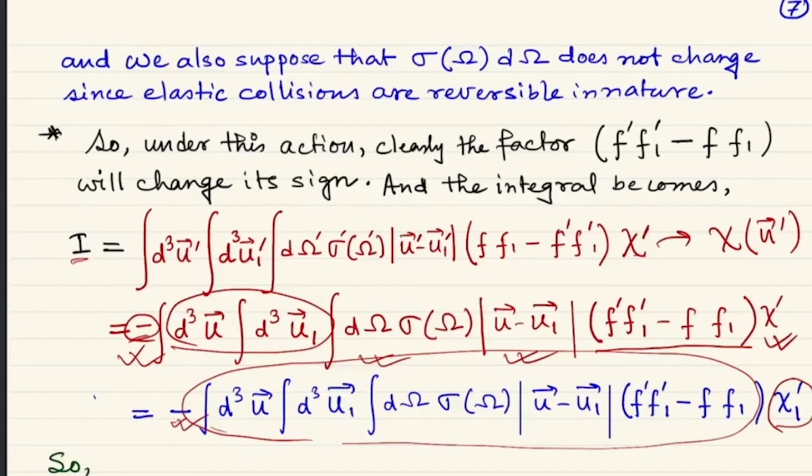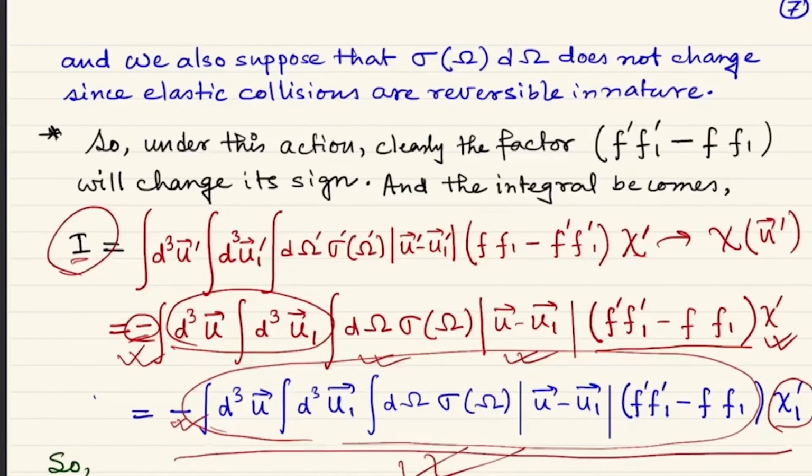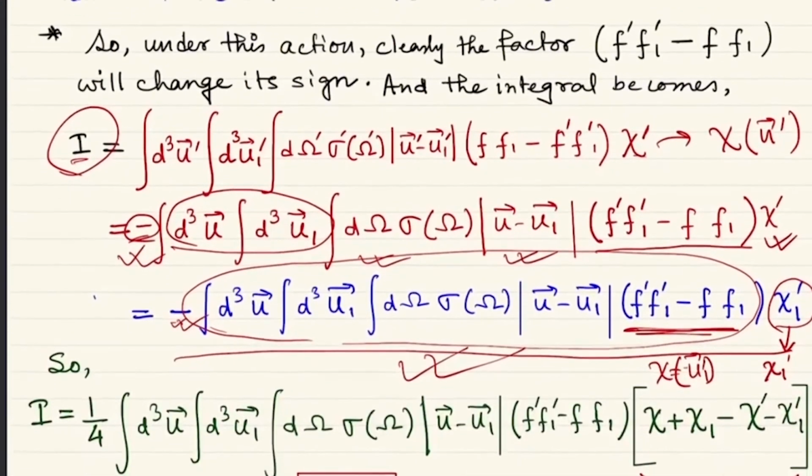If we now change between u prime and u1 prime, then there will be actually no change. So from the original I, we again have this type of expression where we have a minus sign due to this factor, and this multiplicative variable will be then chi1 prime, which is nothing but chi of u1 prime. So finally, as all of them are equal and equal to I, then you can write I is equal